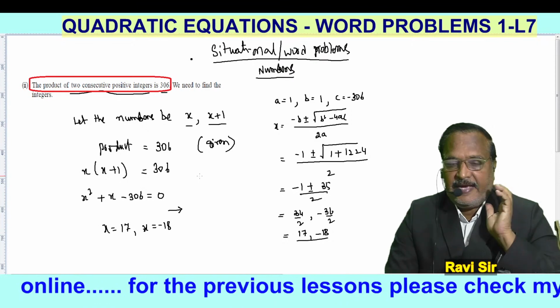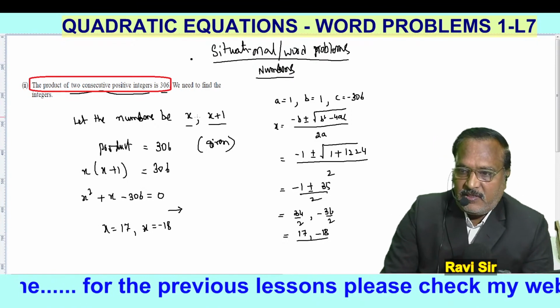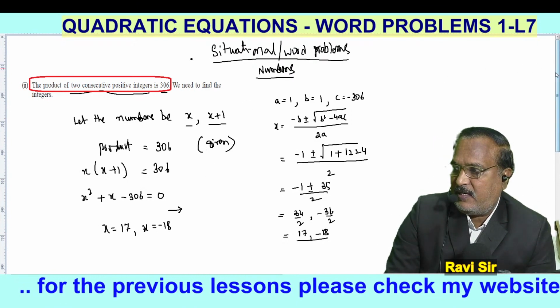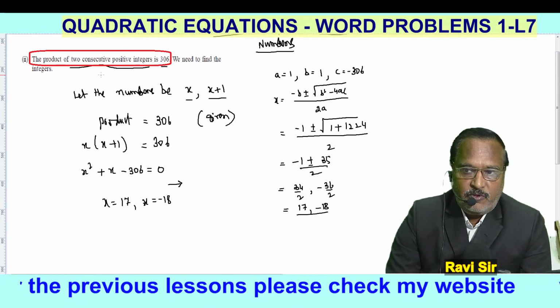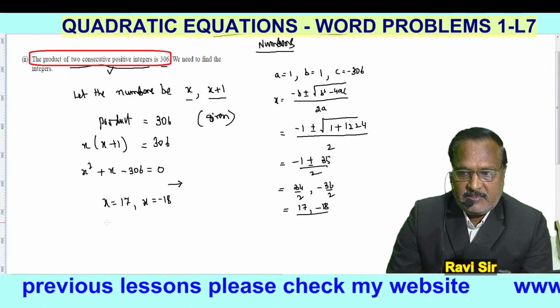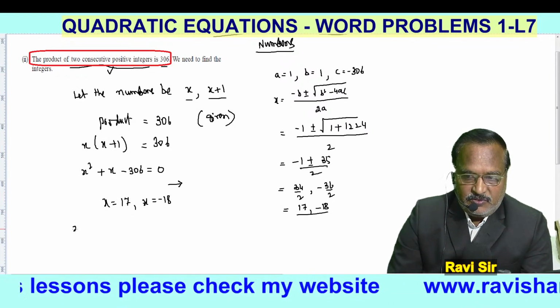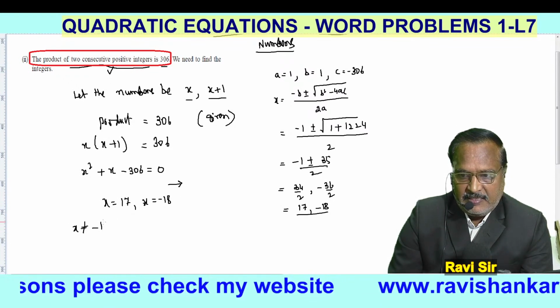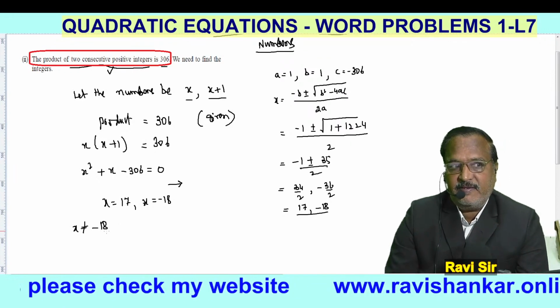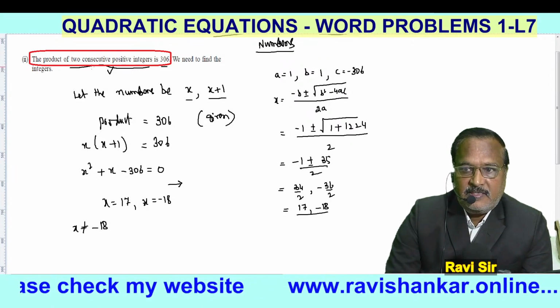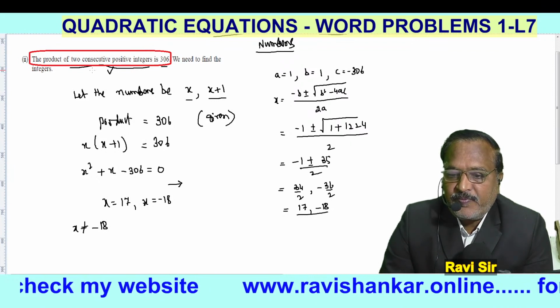So this is only x. So we want the consecutive numbers, and the consecutive numbers also positive consecutive numbers. So here we have got x is equal to minus 18. So x cannot be equal to minus 18. That is very, very important, because it is given that x is equal to